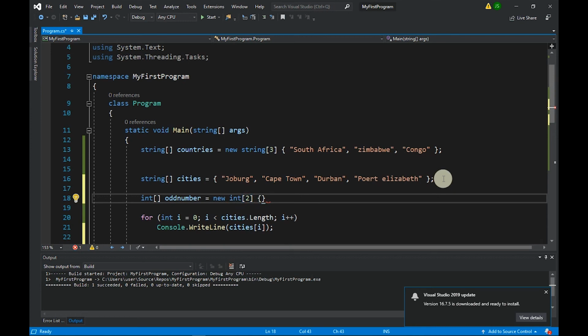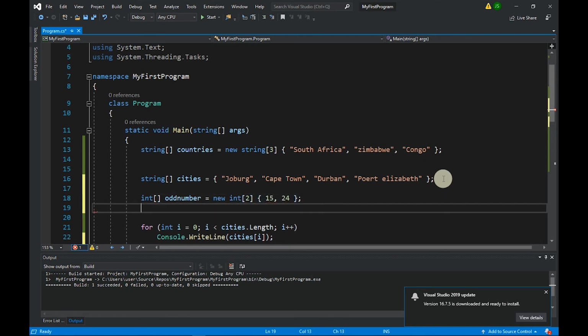Okay, and I'm gonna pass 15 and 25 or any number there. All right, so now maybe I want to sum this, I can just say oddNumbers dot